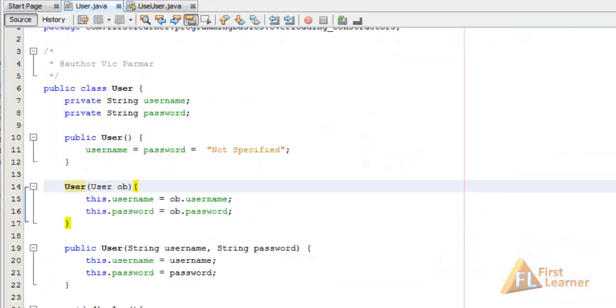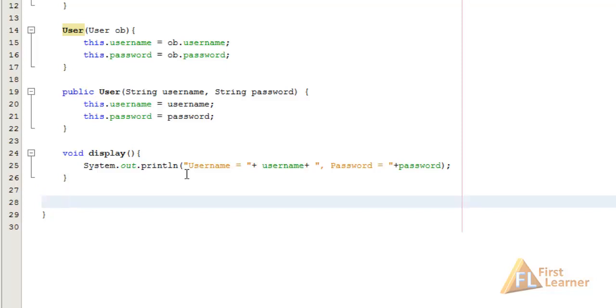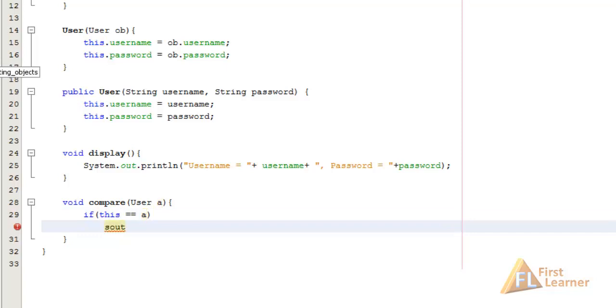Let's make a method over here which will compare the objects if they are the same object or not. So let's have a void and name it compare, and in the parameter let's pass a user a, and here are the braces. In this we'll be comparing two objects. If this equals a, then System.out objects are equal,